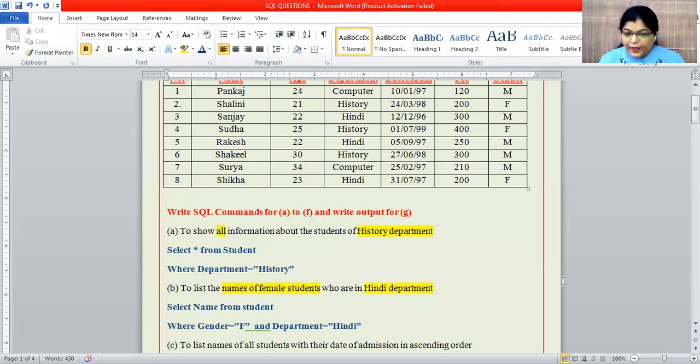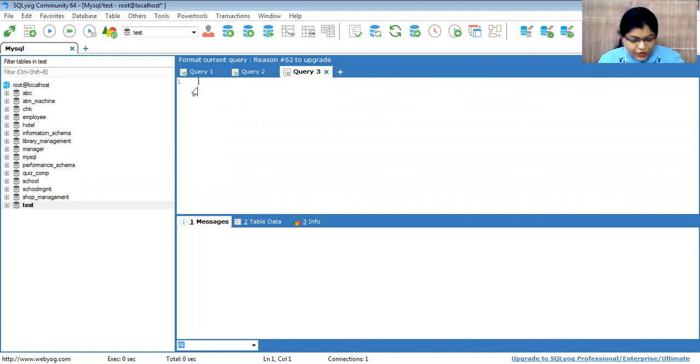So in the very first question, we have to check all the students. So we write select star from student where department is equal to history.